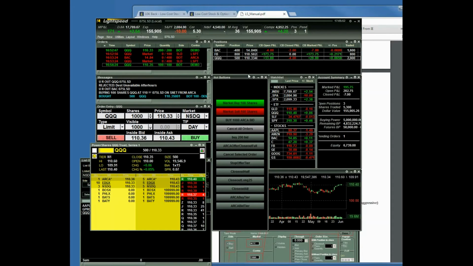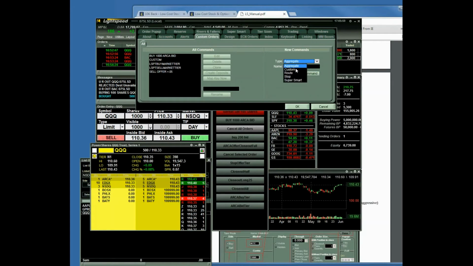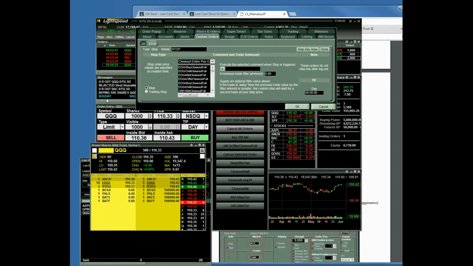Okay, someone has a question about a trailing stop. You can set up custom stop orders as well. So if I go to my custom orders, I select stop from the selection. I create a new command, which brings me to a stop command feature. Here I have the selection to choose between stop and trailing stop. I'm going to choose trailing stop, and then I can choose what command I want to